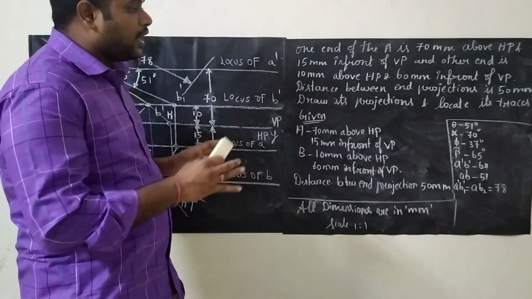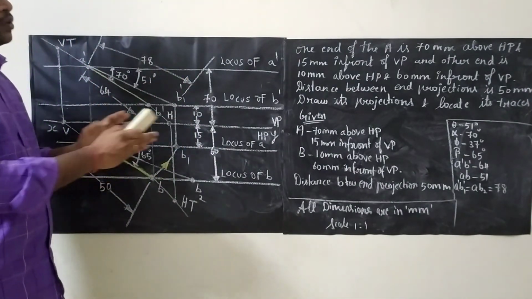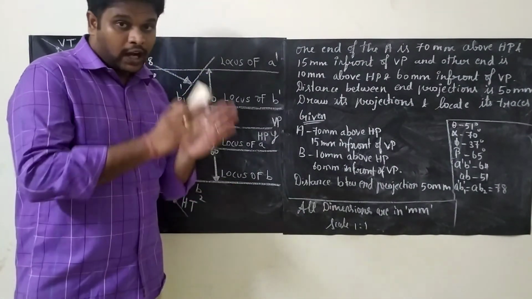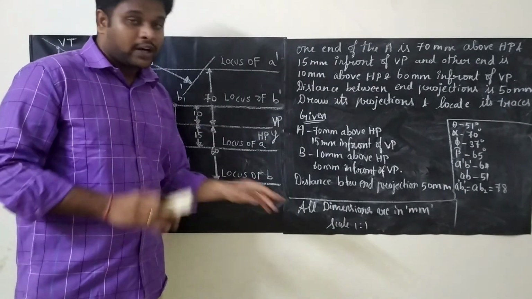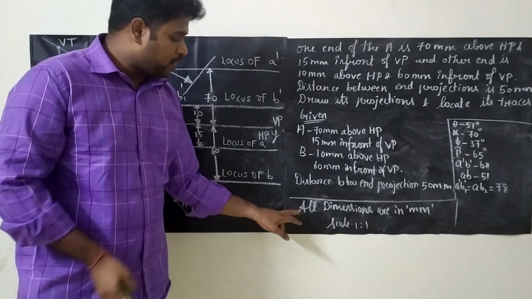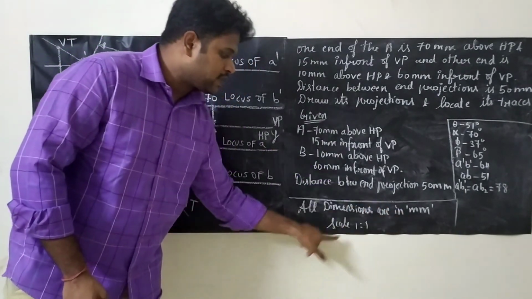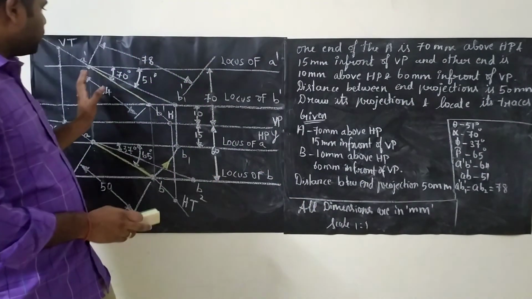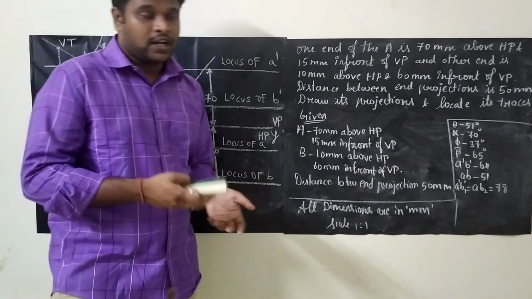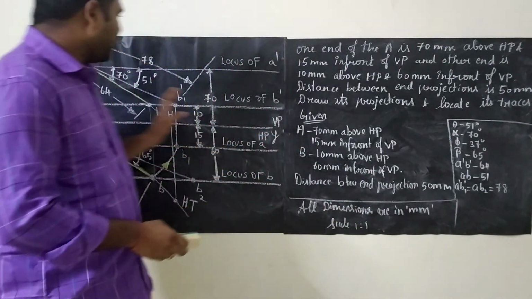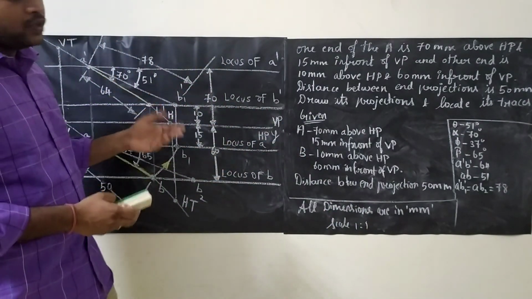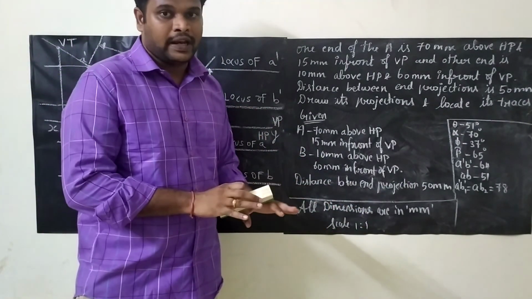Write all the data, all the answers that you got, in a box, and finally at the right bottom corner, the height of the text should be 5 mm, right? All dimensions are in mm and scale only, so it determines that whatever values you have written should be in mm. That's why there is no need to write mm anywhere in the diagram. So finally we are writing it, it's more than enough.